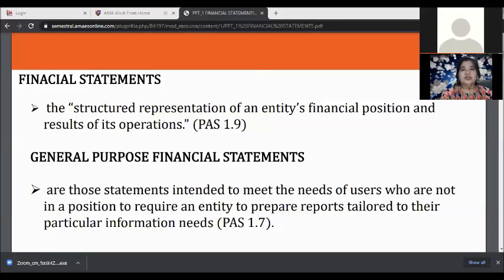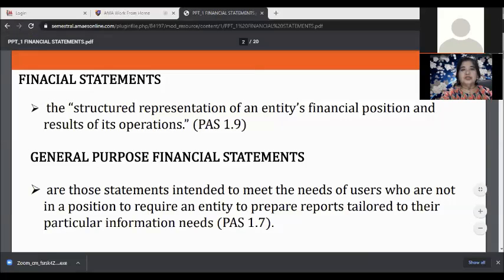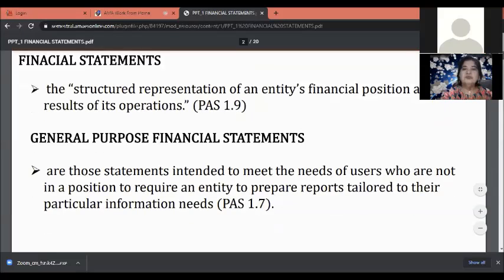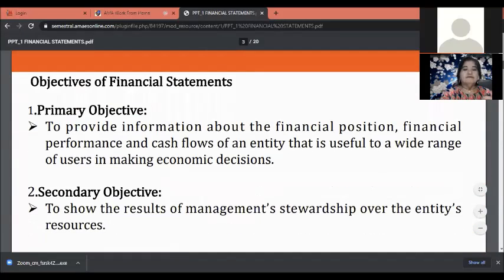Same thing that there are a lot of persons outside, people who will be in need of this FS. Of course, we have also the government agencies who will be very much interested, the banking institutions in case you need additional investment in your business, for example, in the near future, you need also to present our financial statements. So those are objectives of financial statements which can be classified into two. We have the so-called primary objective and the other one is classified as secondary.